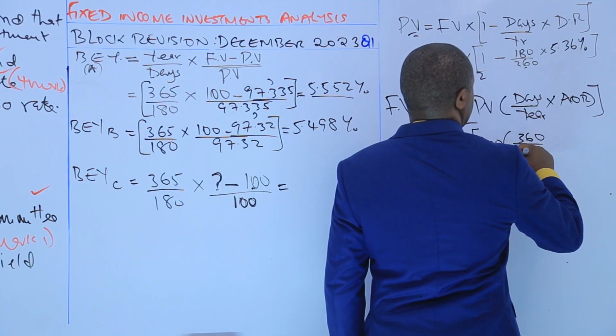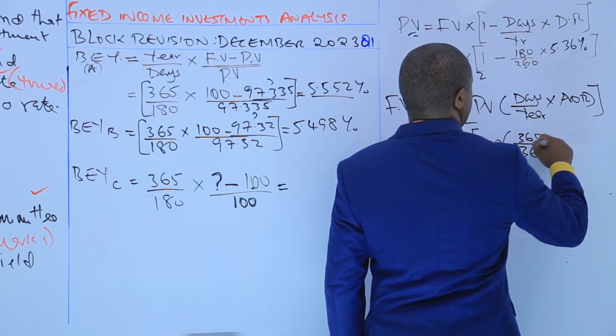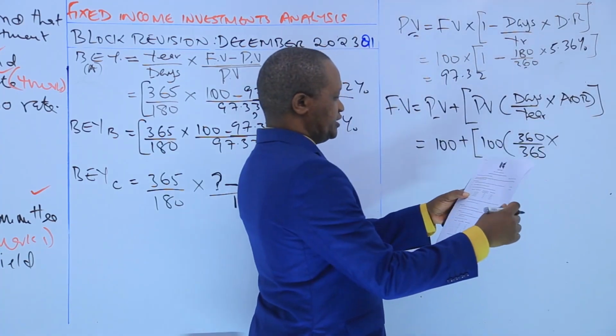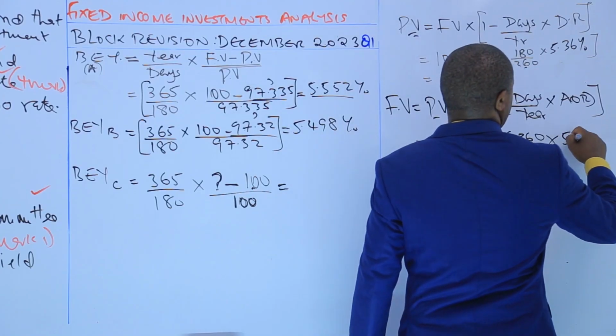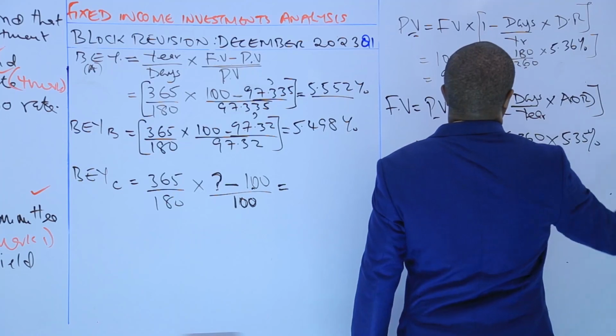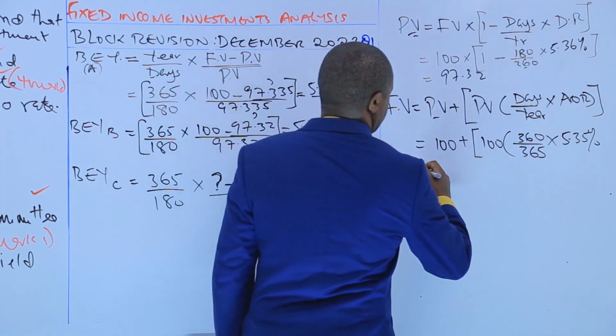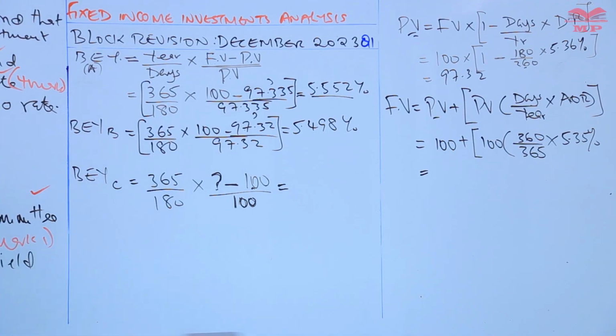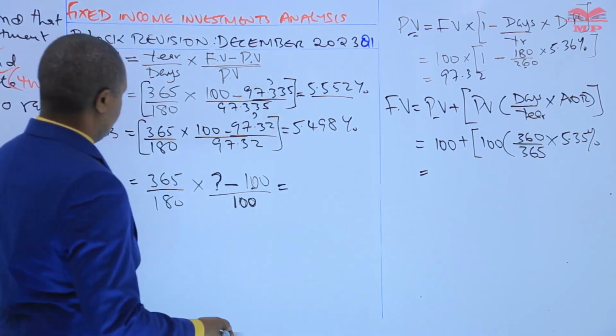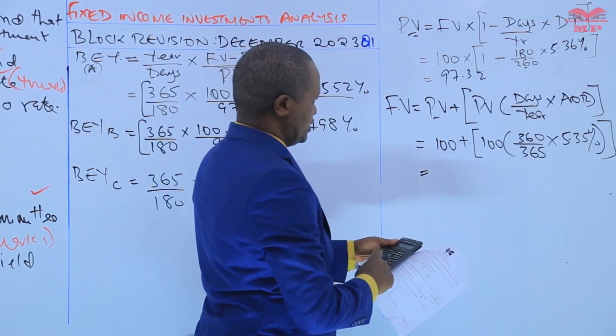Divide by 365 times the add-on rate for instrument C. The add-on rate for instrument C is 5.35%. That will give us the future value of this bond. So I have